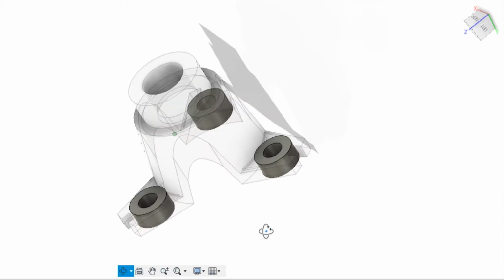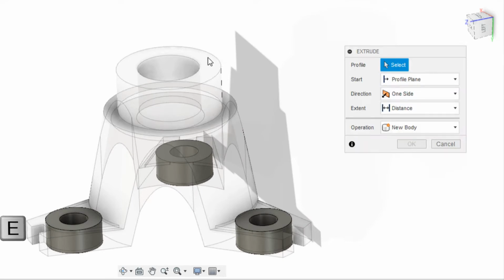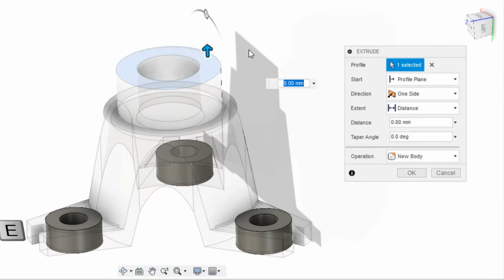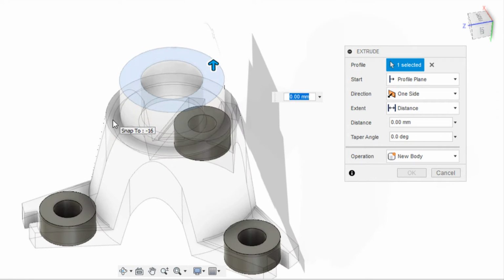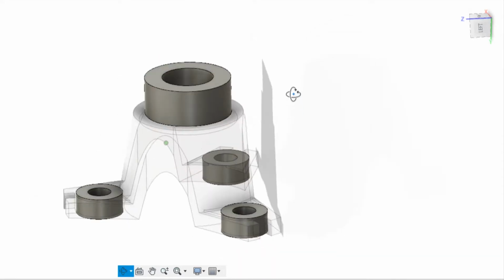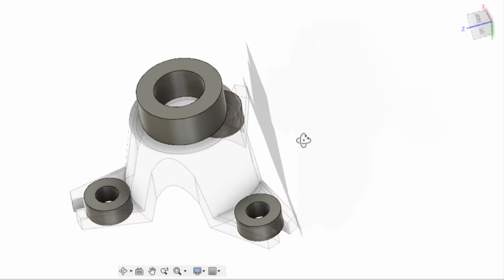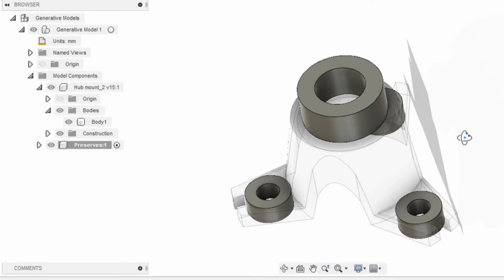Now that we got 3 preserved bodies for holding the bolts, we just need to define one more body for holding the shaft. Press E on the keyboard. I'm gonna select this face for my extrude profile and I want that profile to be extruded up to this face and make sure that the operation is new body. Perfect. Then click OK. Now that we got all our preserves, we then have to define the obstacles. We just don't have to create sketch and extrude those profiles. We have a wonderful option in Fusion 360 that can define the obstacles automatically.